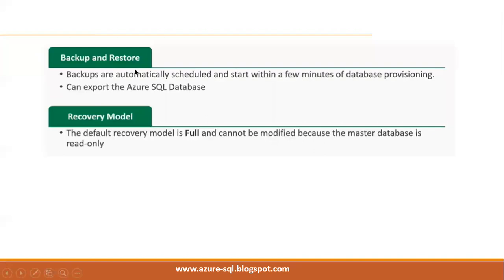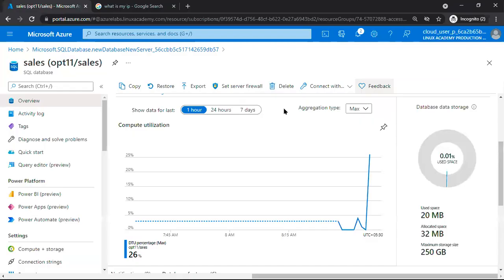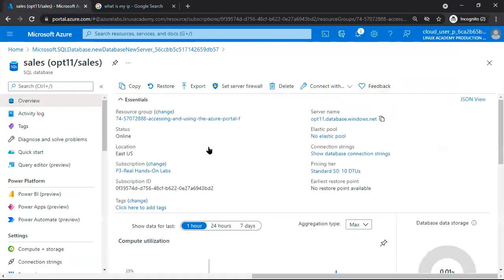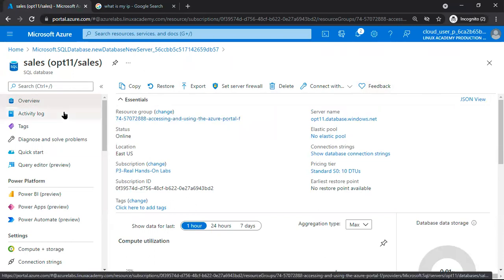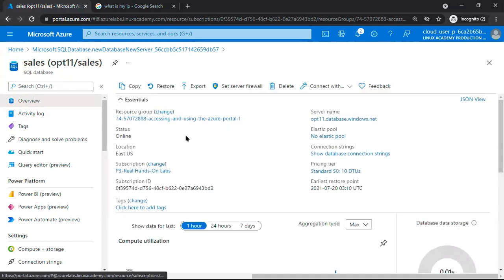Check the first one, backup and restore. Backups are automatically scheduled and start within a few minutes of database provisioning. So manually, there is no need to take a backup in Azure SQL database. Check here, if I refresh the overview, just now a backup was generated at 3:10 UTC time.